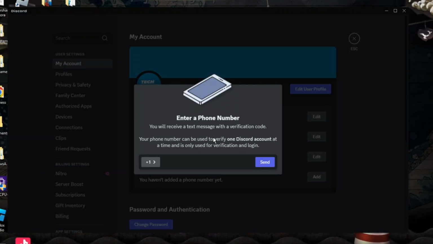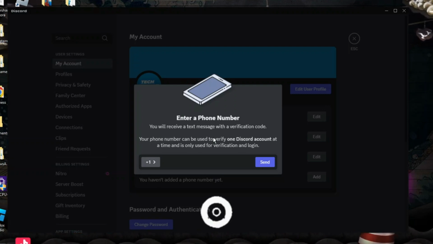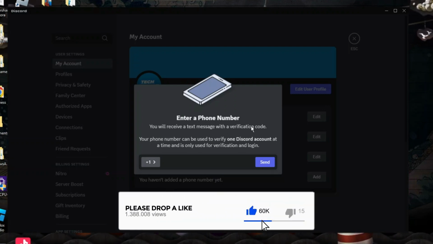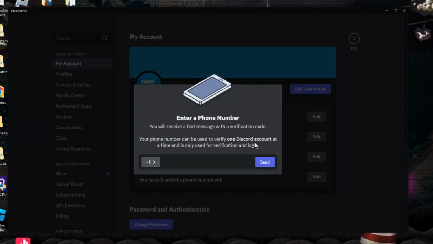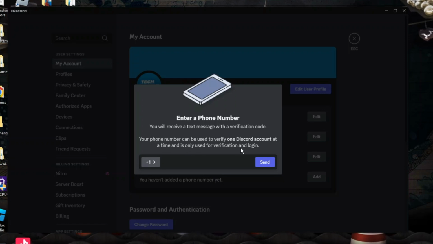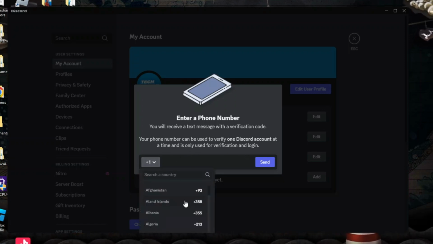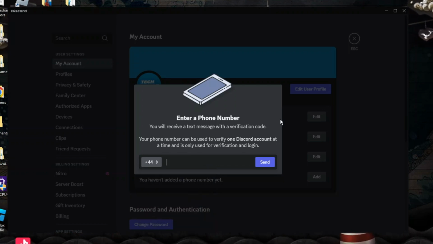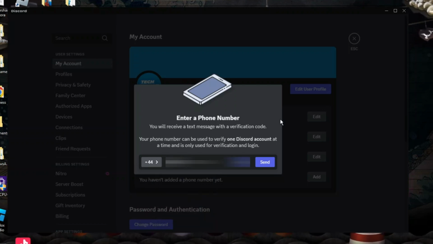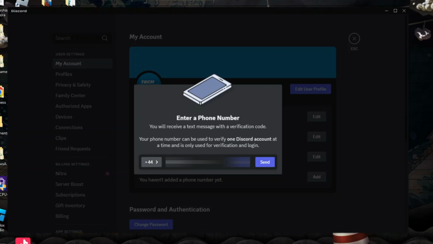And then what you can do is enter a phone number that you want to add. Now, once you do this, you will receive a text message with a verification code. Just to note that your phone number can be used to verify one Discord account at a time and is only used for verification and login. So what you need to do is select your location code from here, and then enter your mobile number into the box. Of course, I've blurred mine out for security reasons, but once you've done that, just click the blue